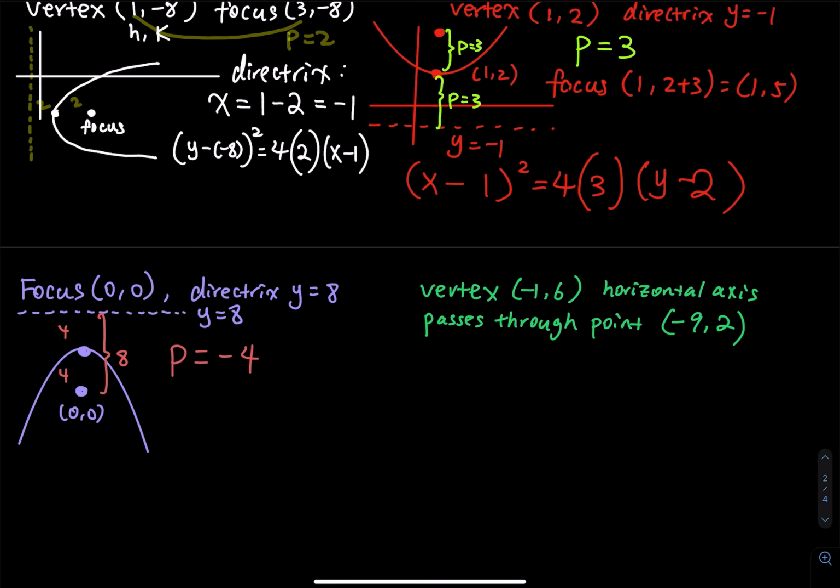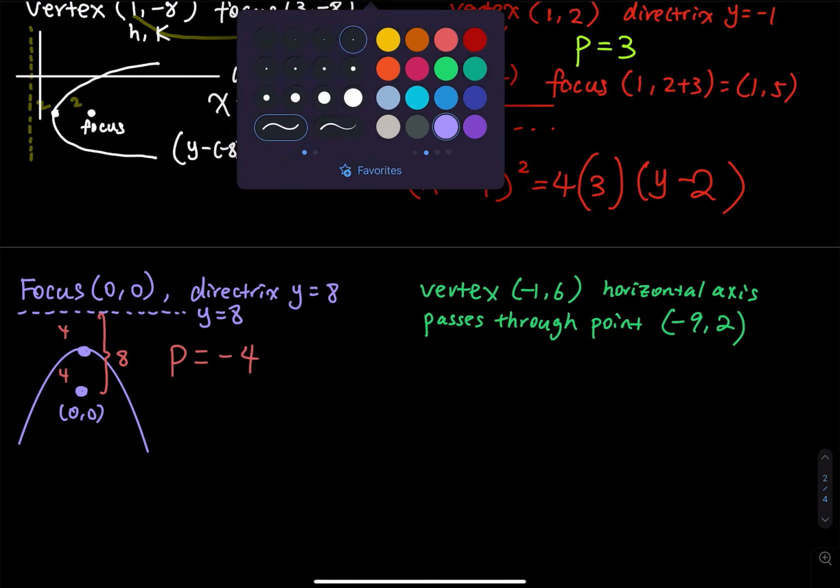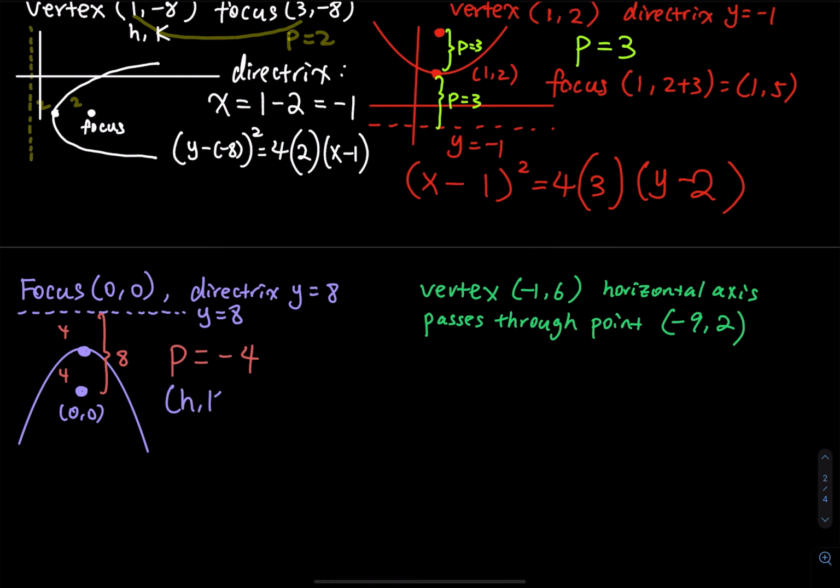And then what is the vertex then? (h, k). The vertex is, you have y at 0. You have to go 4 units up. Then this is (0, 0 plus 4), which is (0, 4). And then we have the focus, we have the directrix, we have the vertex, and then we can set up